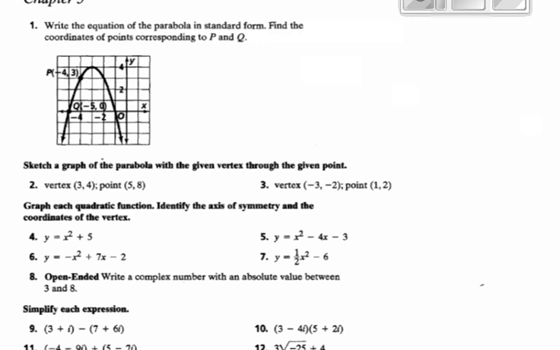Find the coordinates of the points corresponding to P and Q. They already have P and Q listed there, so I don't understand that. Write the equation of the parabola. All right, so vertex form